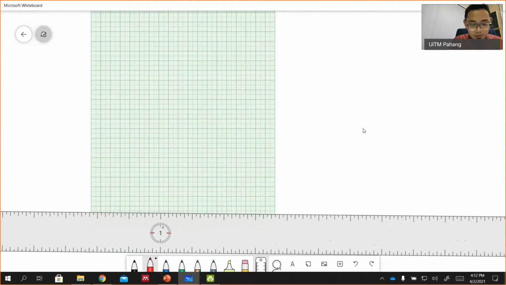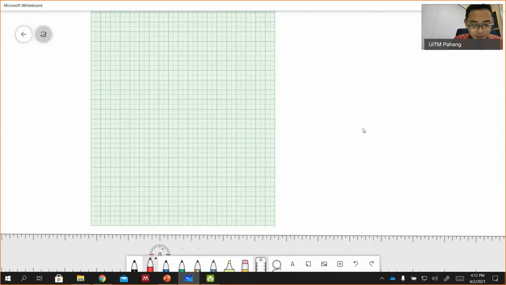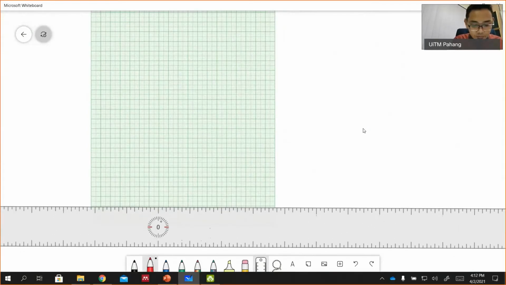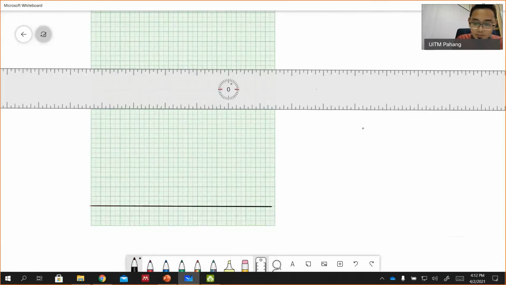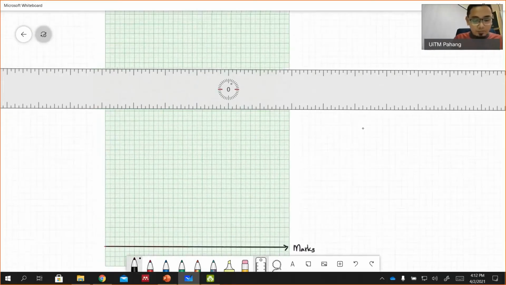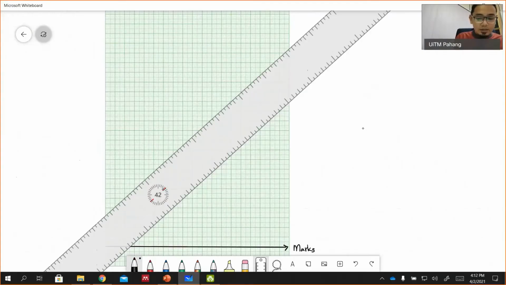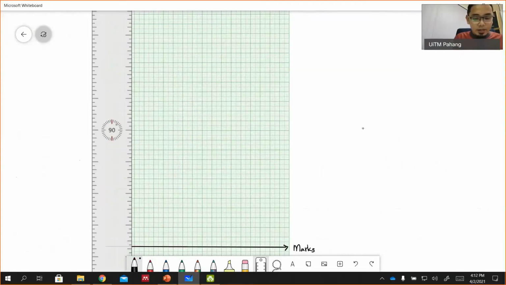Something like this. Suppose I have this. I'm going to use black color. That one will be my marks. We are talking about marks now. Marks, and then we want that on the vertical axis to be the